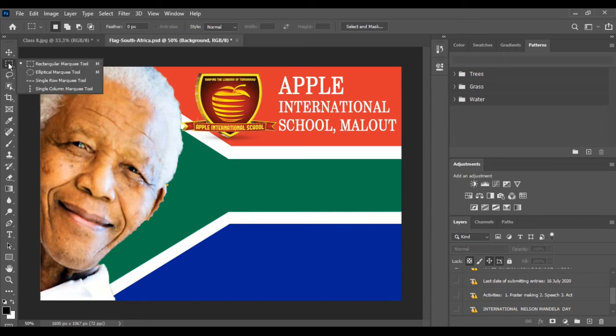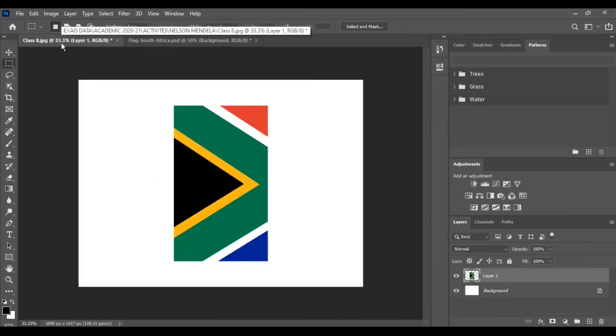First of all, right click here and select the rectangular Marquee tool to select the area of the picture in the form of a rectangle. Then you can copy this content, move to the other image and paste it here.